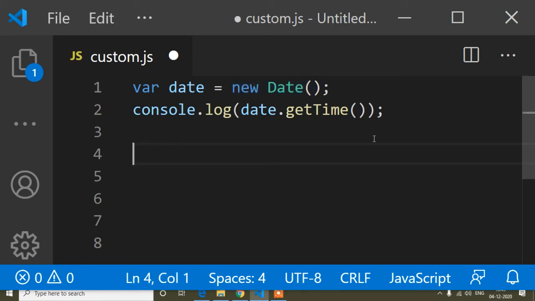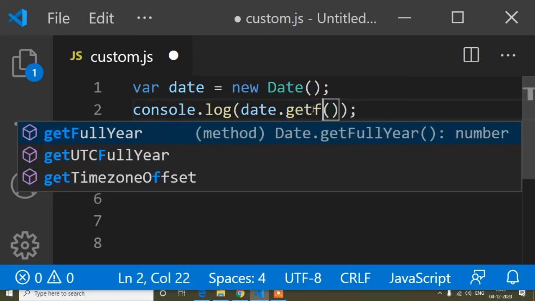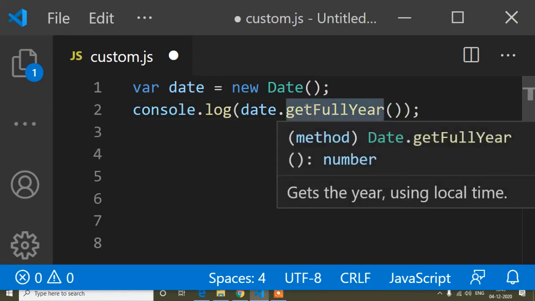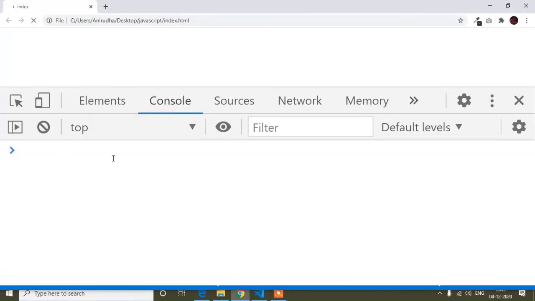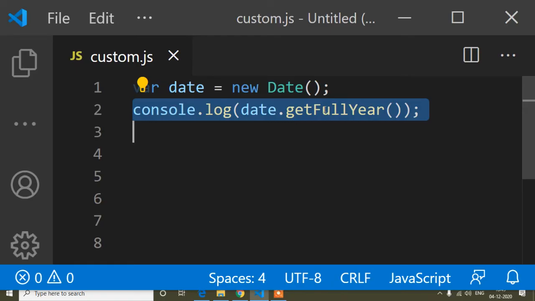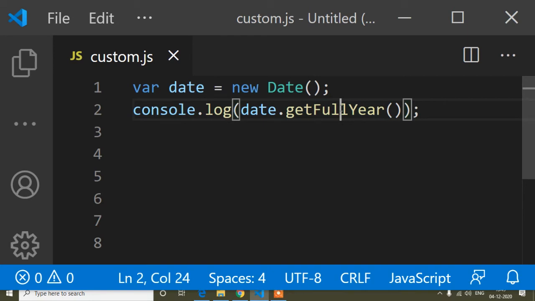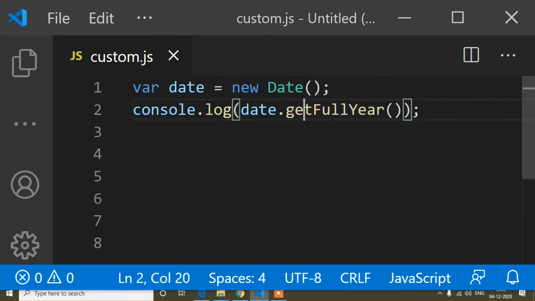And now I will show you another method, that is getFullYear. Here I will try to show all the important date methods in JavaScript. So getFullYear, let's see the output. Here I will get the year only. As per the name you can understand, getFullYear, we will get the year only. So it will be easy to remember getFullYear. It just returns only the current year.